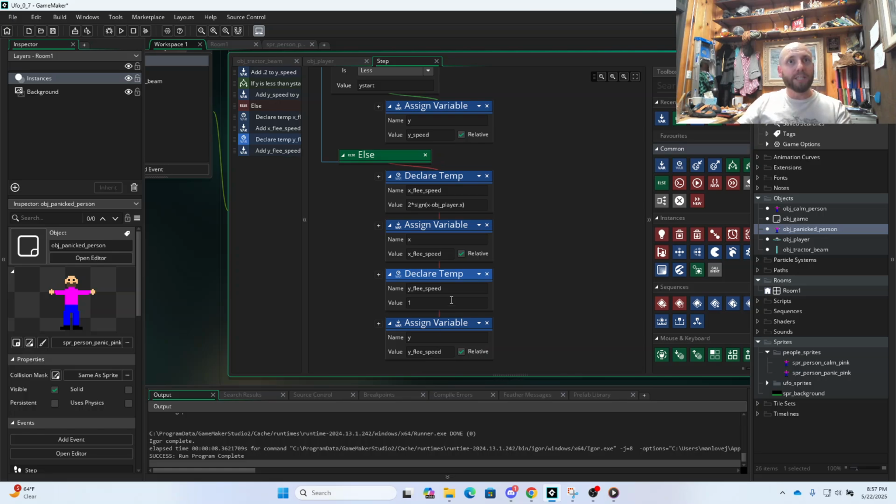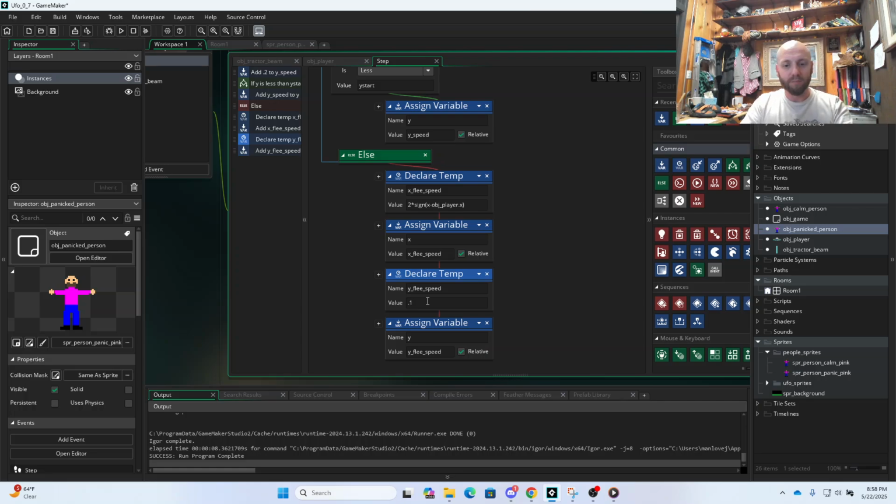And just to make this look a little more interesting, I'm actually going to make this one... Okay, what I want to do is make it a percentage of how close the ship is to them. Because if the ship's close to the ground, I want them to run away, kind of towards the camera. And if the ship's high up, I want them to kind of flee horizontally. So I'm going to try